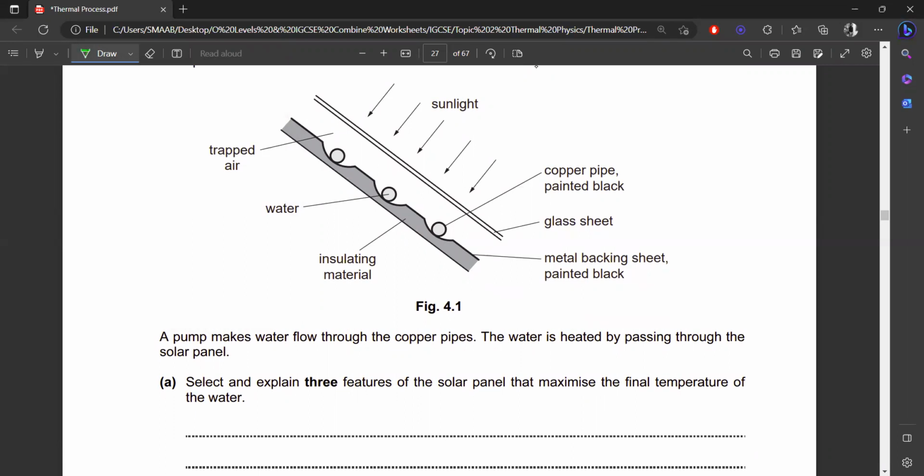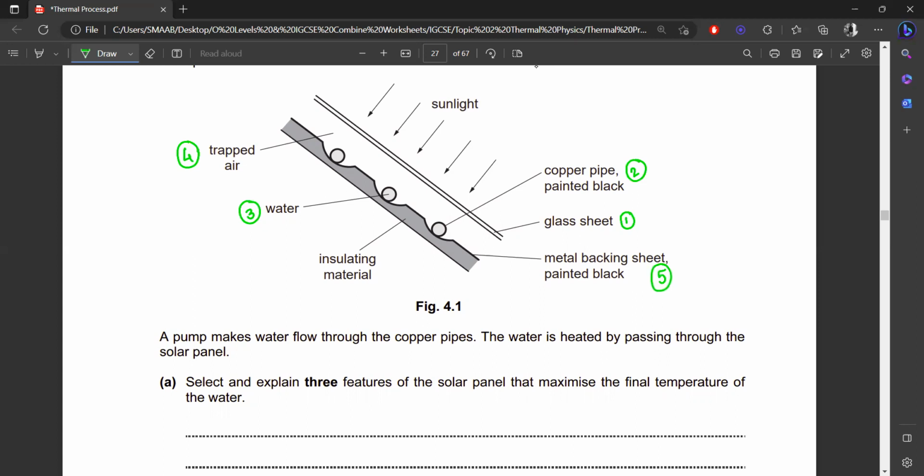and first we are having a glass sheet. So sunlight will strike first the glass sheets, then we are having some copper painted black pipe that is over here, and this one represents the water, and there is an air trap between the glass and these pipes, and in the base we are having a metal backing sheet painted black. It is also painted black,